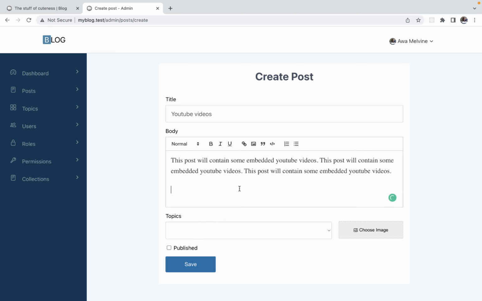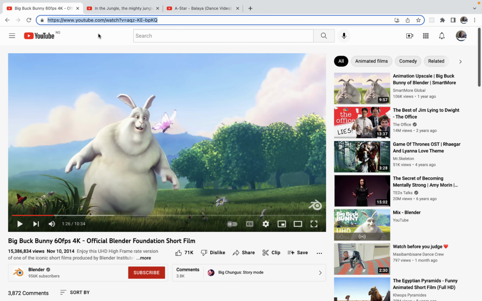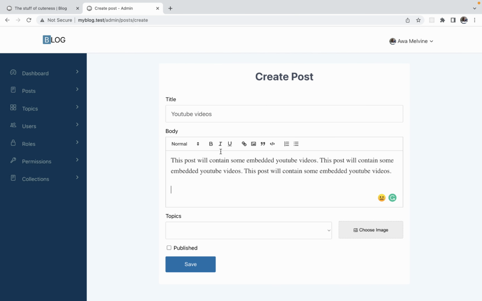Okay, I'll go to a new line and go onto YouTube, play the video I want to embed, and then copy the URL for that video, and then come back to our form and place an opening and closing square bracket. And then within that square bracket, I will paste the URL to that video. Now make sure there is no space between the opening square bracket and the URL itself, otherwise the embed